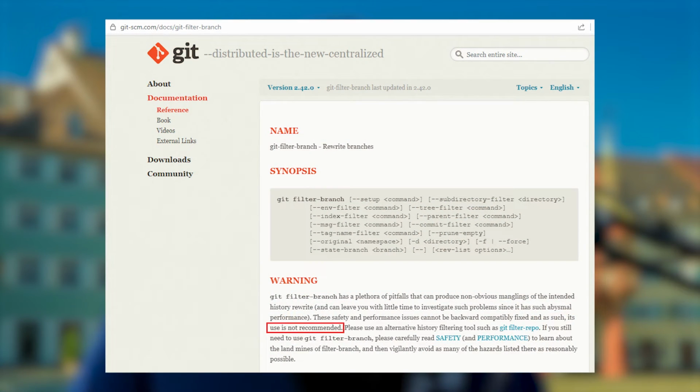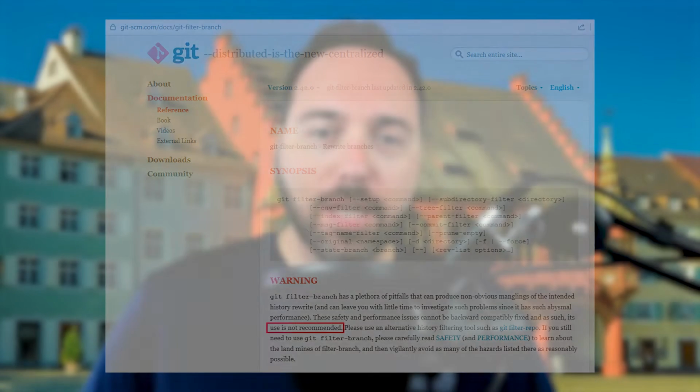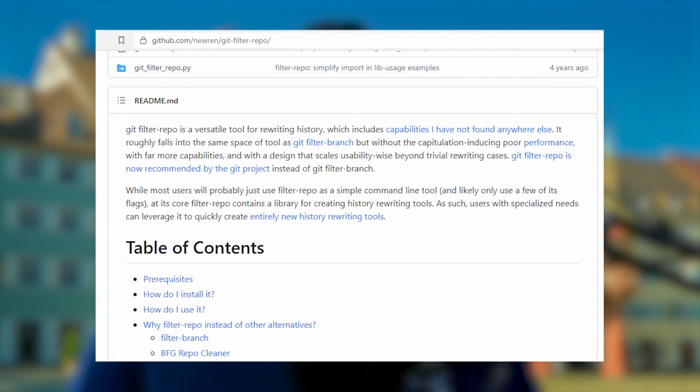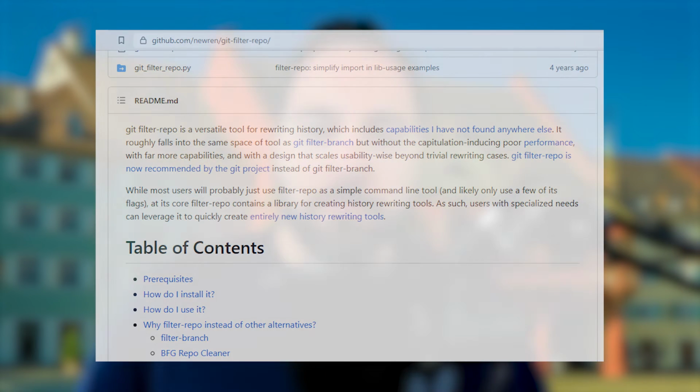There are mechanisms to remove a file or a set of files from Git history forever. The git filter branch command has been around for quite some time and can help rewrite history to remove the existence of one or more large files. But do note that it is only around for backwards compatibility at this point, and the Git maintainers do not recommend we use this. Instead, they recommend other tools. One such tool is git filter repo, a Python script which lets you rewrite history based on filters you specify. This is a good tool if you're finding yourself stuck with a mega repo thanks to someone mistakenly checking in